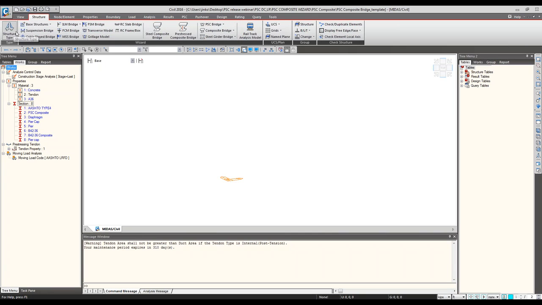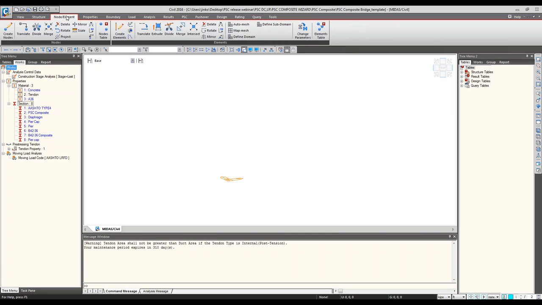Structure directs straight to the wizard options, grids or other necessary options for predefining the structure. Node and element: creating the node, creating the element, translate, divide,